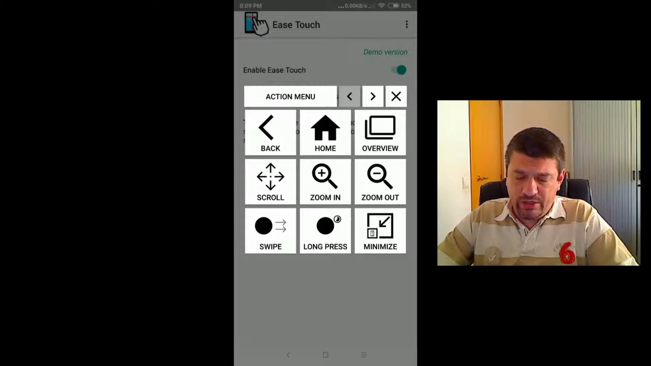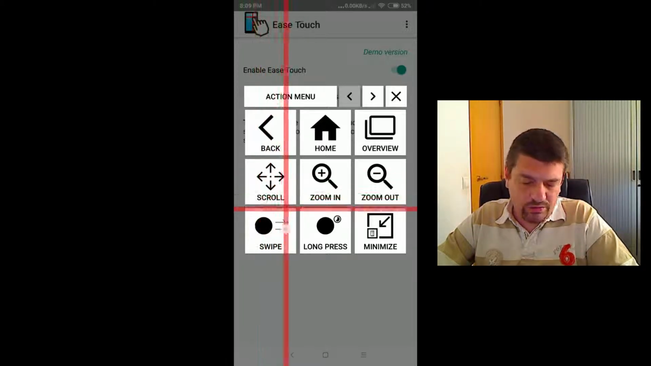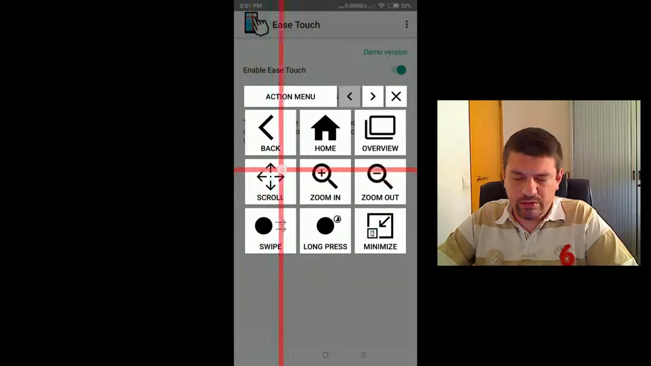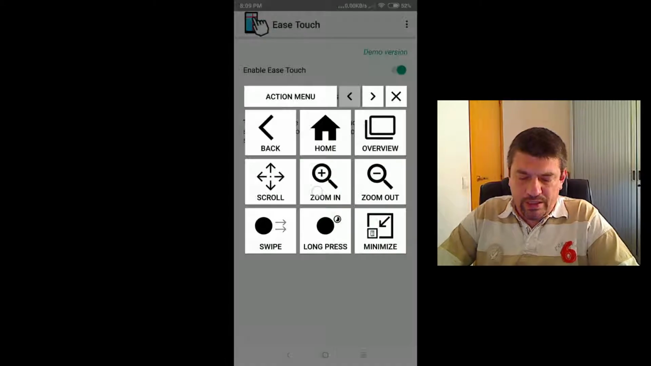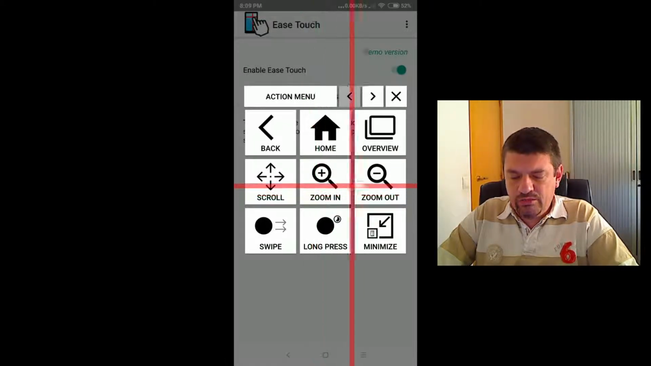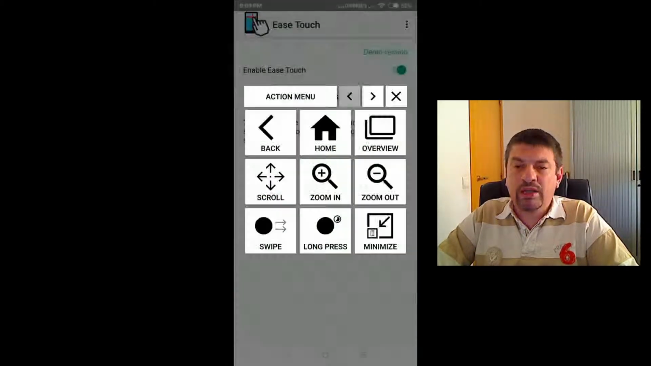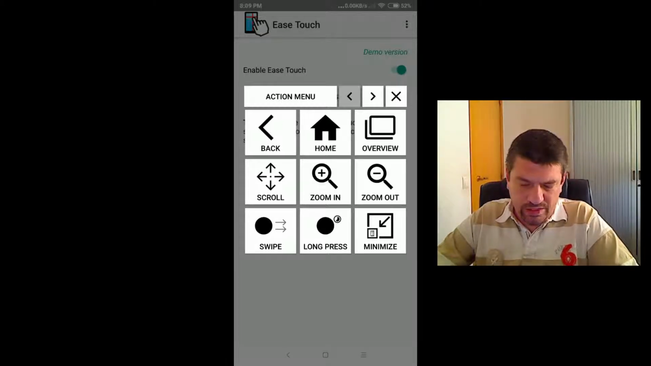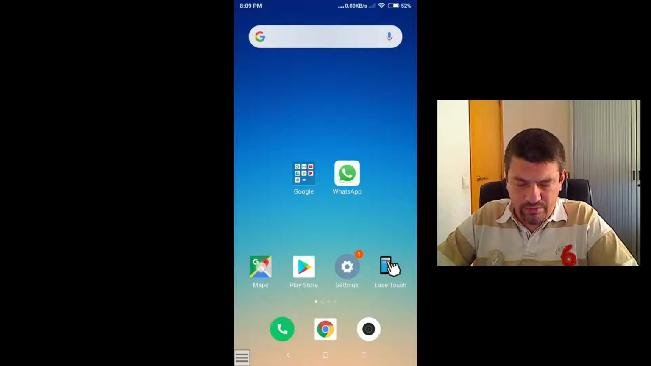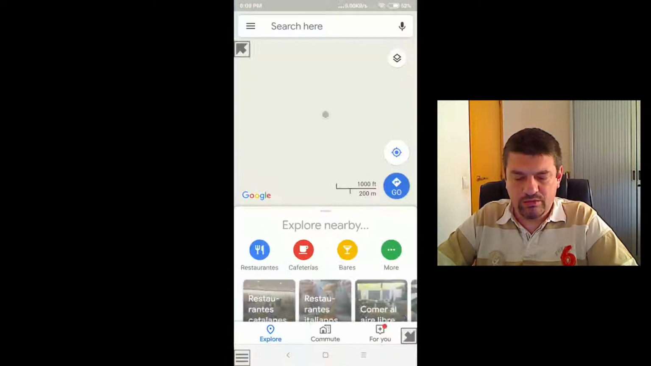Here you have the scroll mode that we will review later. Here you have the zoom in and zoom out. Zoom in and zoom out are used to enlarge or shrink contents. For instance, let's try it with maps. Let's open Google Maps,